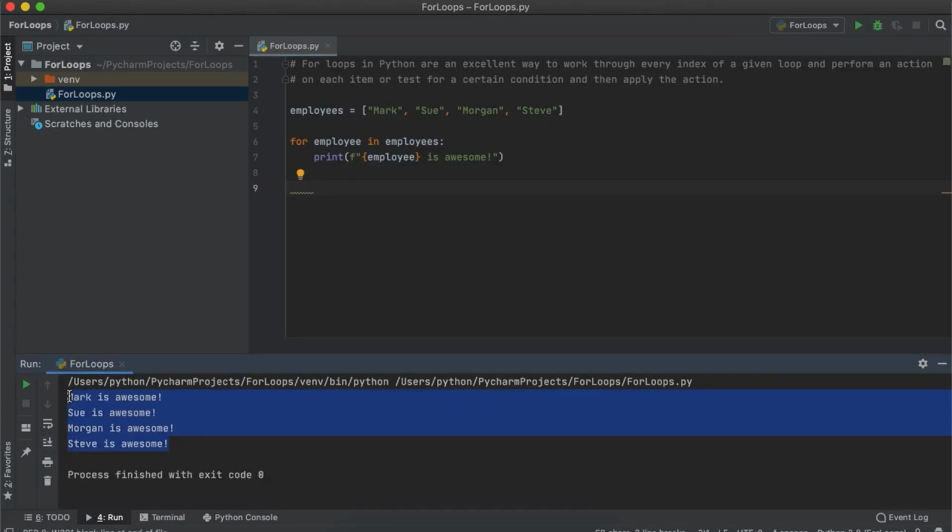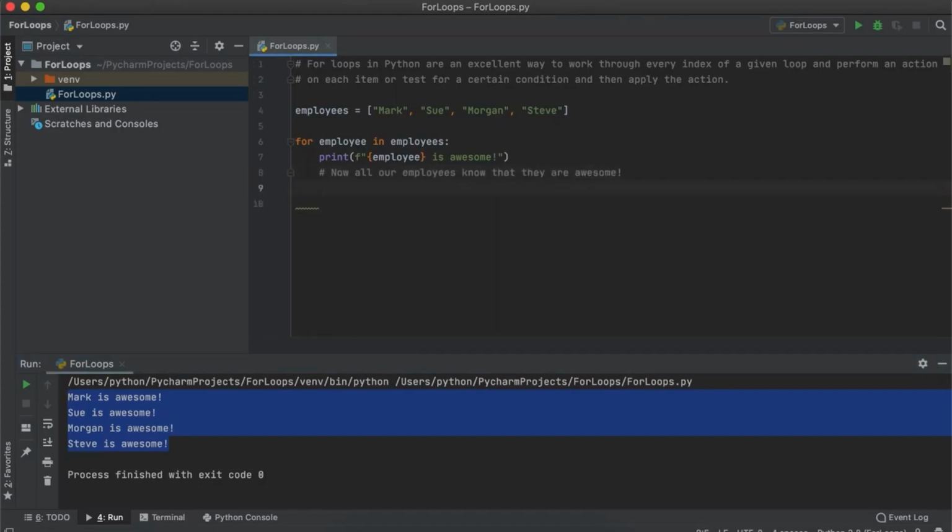It is important to recognize what Python is doing during this for loop. Python will first begin at the 0th index, and since there is no conditional statement, take its value, therefore employee is now equal to Mark, and apply that Mark value to our subsequent print statement that calls for the employee variable, which we said is Mark. Once this print statement is completed, Python will move to the next index position and repeat the process.